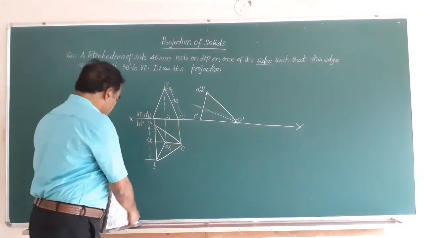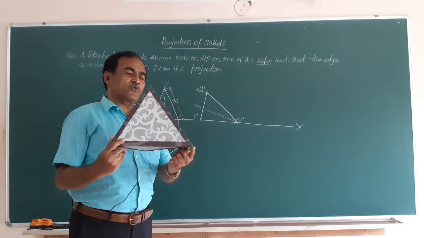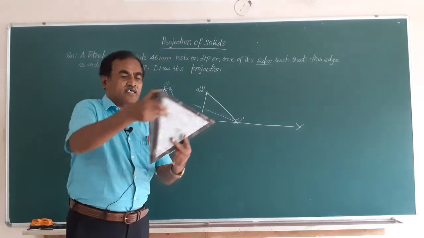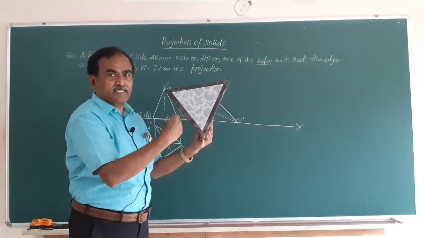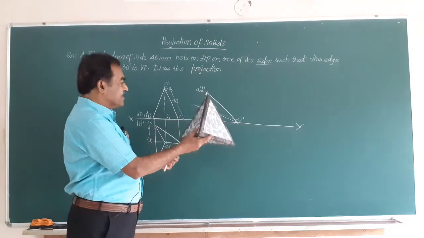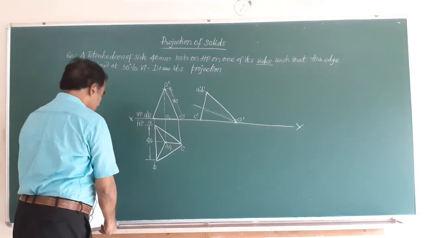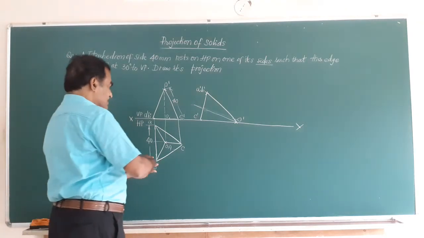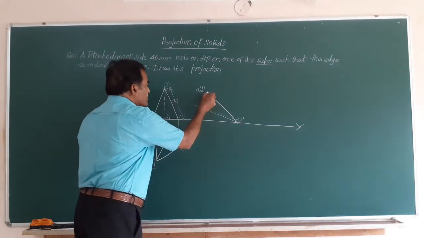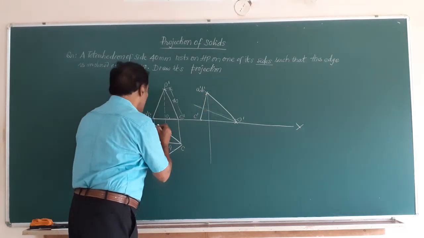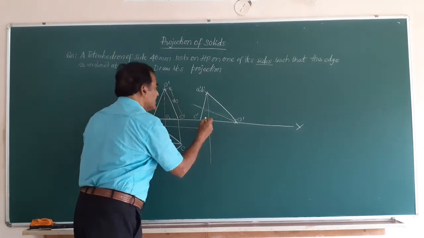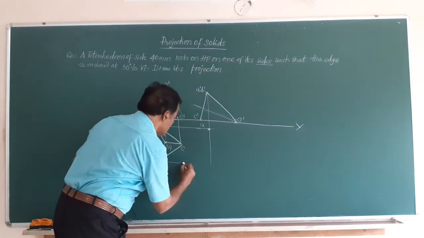Friends, after rotating this object, we had like this before, now I have drawn like this, such that it is resting on one of the edges and the two triangular faces containing that edge make equal inclination with the HP. Friends, after getting like this, I am going to obtain the corresponding top view of this. So, how to obtain the top view of this? See friends, as per the rule, you start with a point A. So, you draw a vertical line from A and a horizontal line from A. The point of intersection of these two will give you A. Likewise, a vertical line from B, a horizontal line from B.